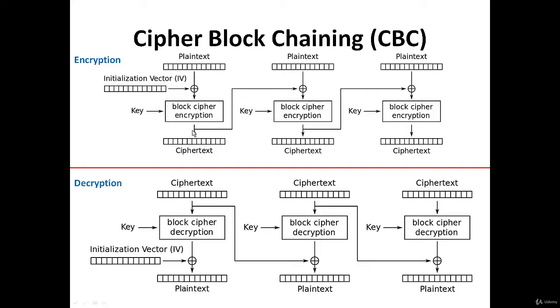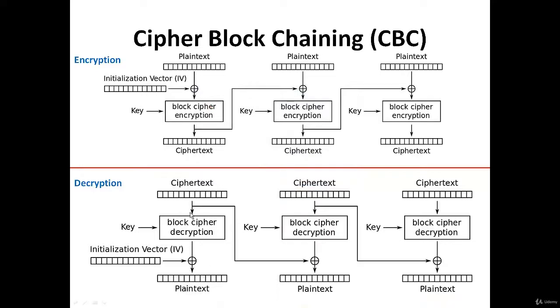The ciphertext generated from the first n block is used for XORing with the plain text of the second block, and again the same thing is done, and the ciphertext generated from the second is used for XORing with the third. This can continue indefinitely depending upon the size of the block and the size of the plain text. For example, if my plain text is of size n and the size of the block is k, then there will be n by k such operations. The decryption is again the same, just the reverse of the process.